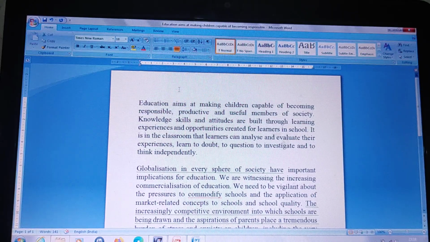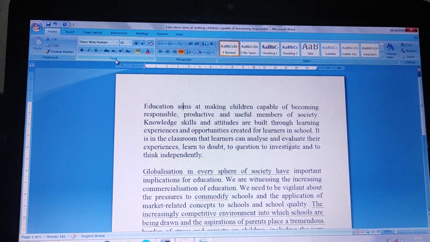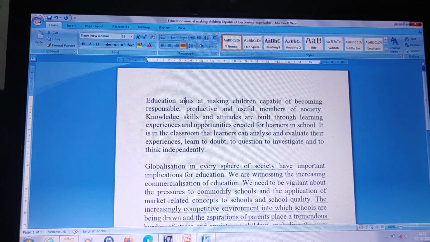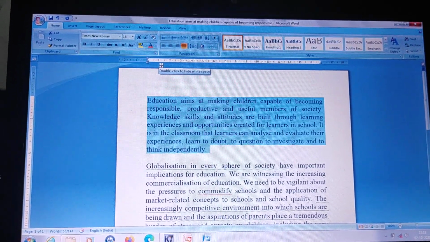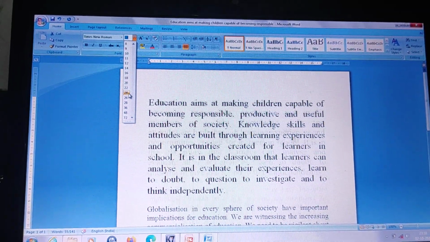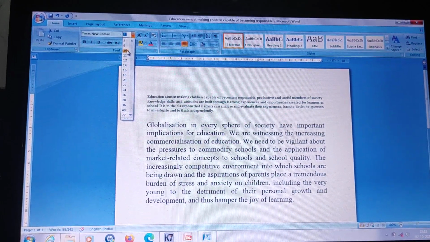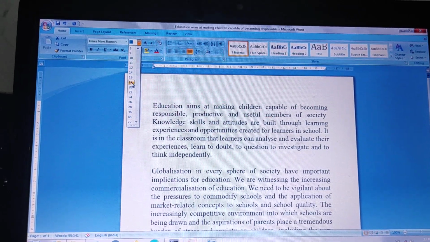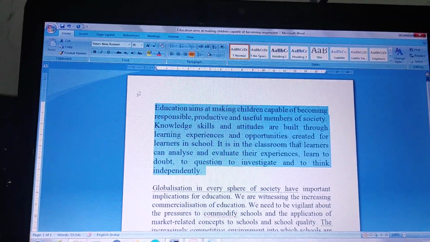Now next is changing the font size of the text. Now again we will use the font group. And again we have to select the paragraph, 1, 2, 3. Now it's selected. After that we have to use this command. We can change the size of the font. It's increasing and it's decreasing. So here I will select 20. Now click on it. Now it's applied.